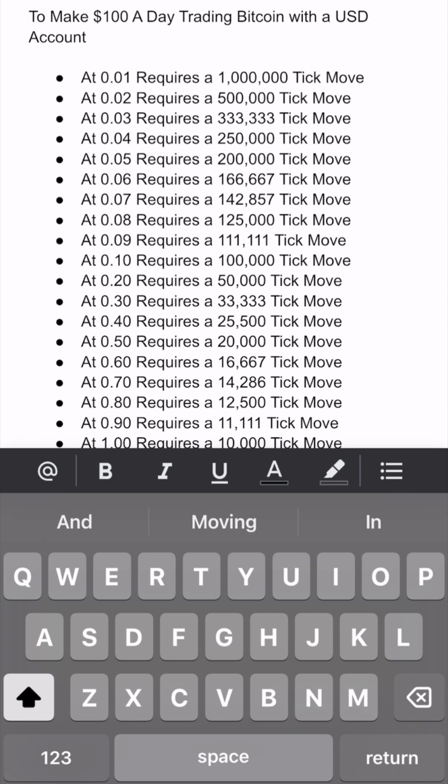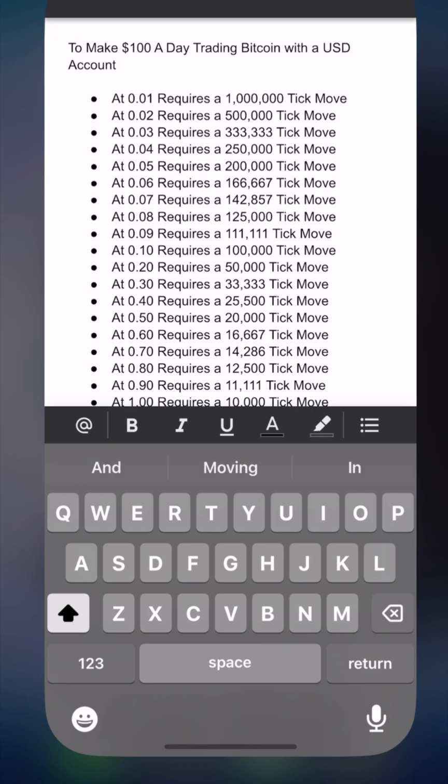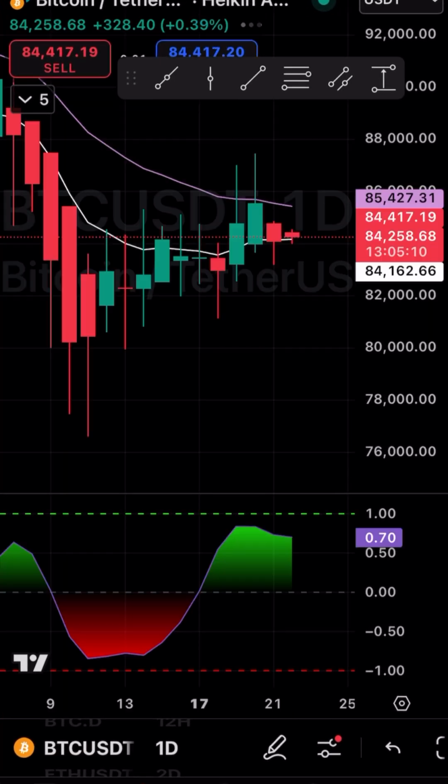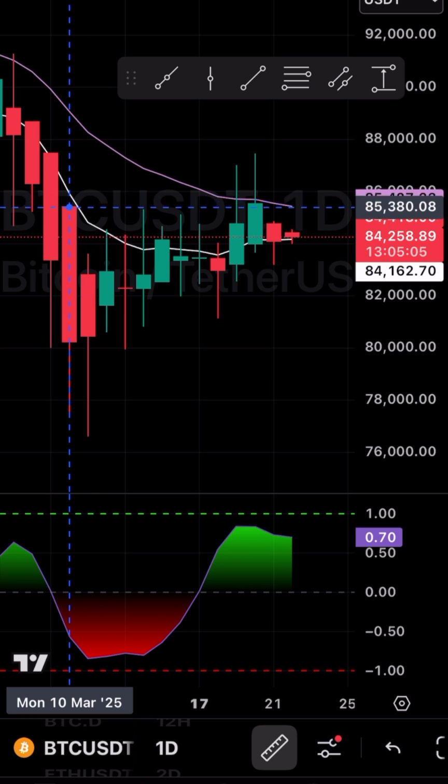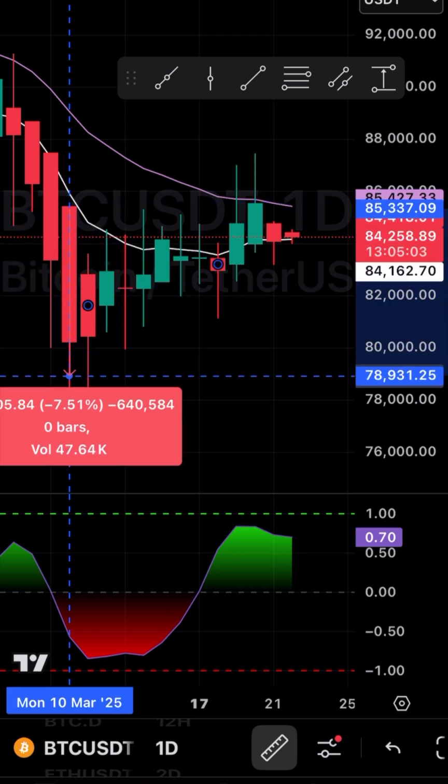0.02, you only need 500,000 ticks. So that's a little better, but it's still a lot. And if 0.01 was a $10,000 move, 0.02 is going to be a $5,000 move, which in general, we could see that Bitcoin generally moves about that much per day. Or on average, it moves, like I said, it moves about,